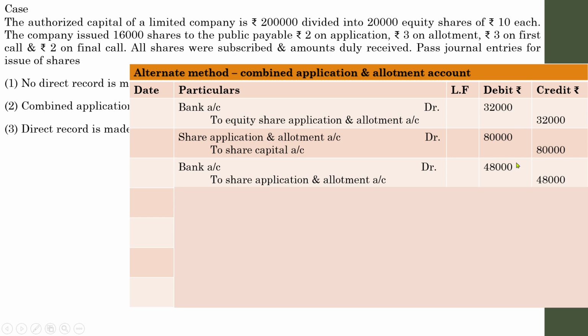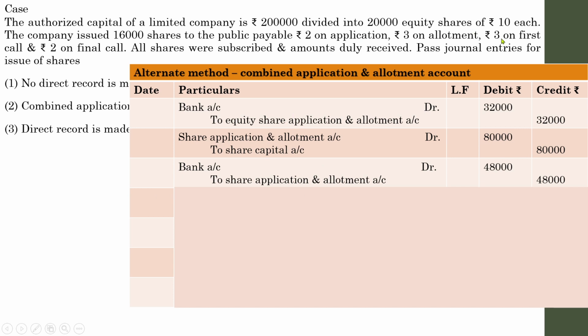All these are interconnected. You can either compute the amounts on the basis of shares or you can compute on the basis of the total amounts. So computations or journal entries with regard to this particular method are over. This was the special case which has to be considered. The remaining journal entries are almost similar to the entries which we have passed in the first method. So application and allotment money details are complete.